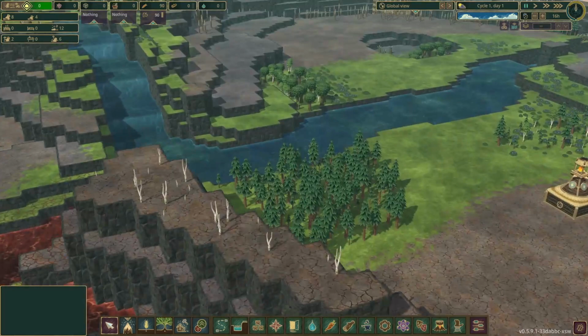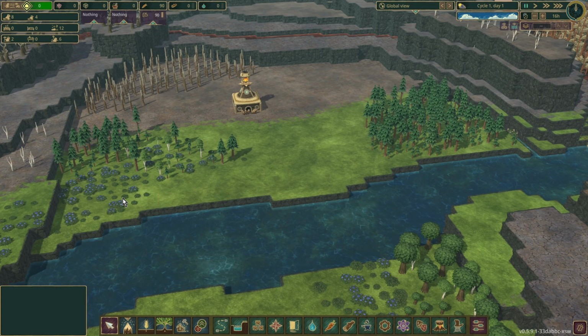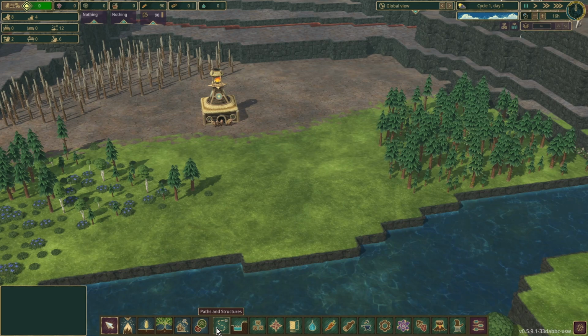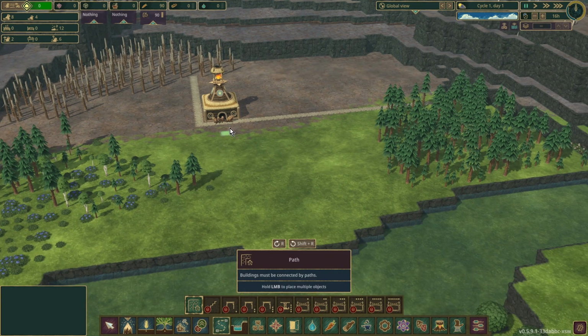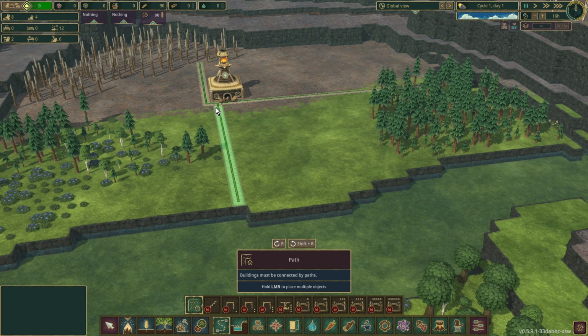Okay, so what is our first order of business? Well, we want wood, we want food, we want water, and we want to dam this. Ideally. Then we're going to want housing and all that sort of stuff. Right. Okay, so what have we got? Let's bring a path along there like that. And we'll bring a path, let's bring a path down there. And then...